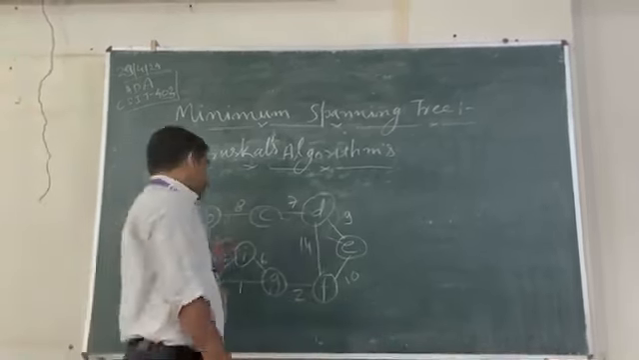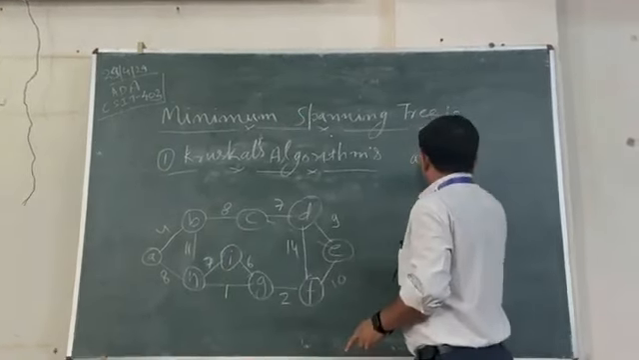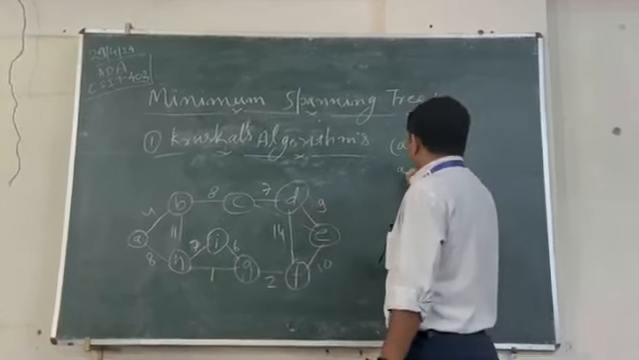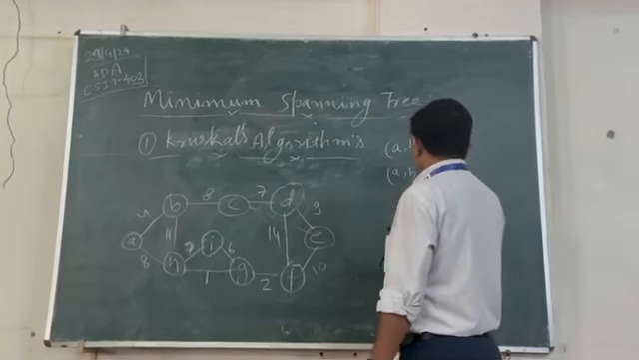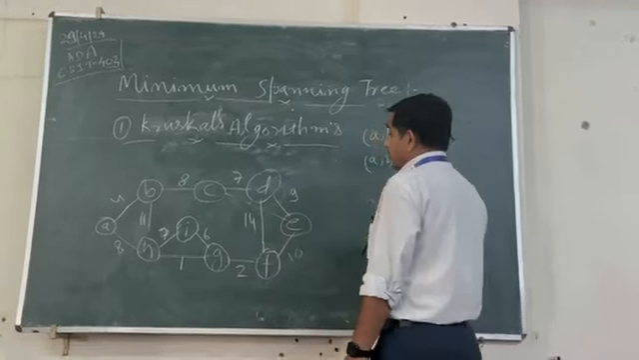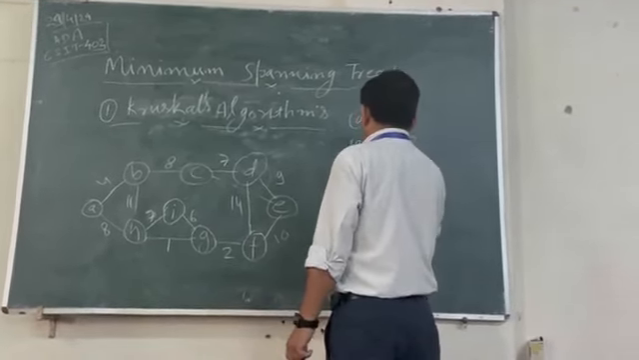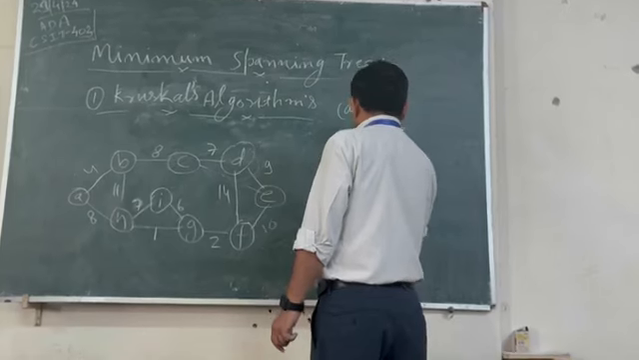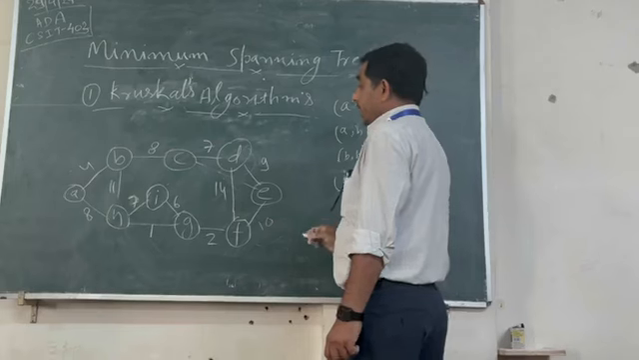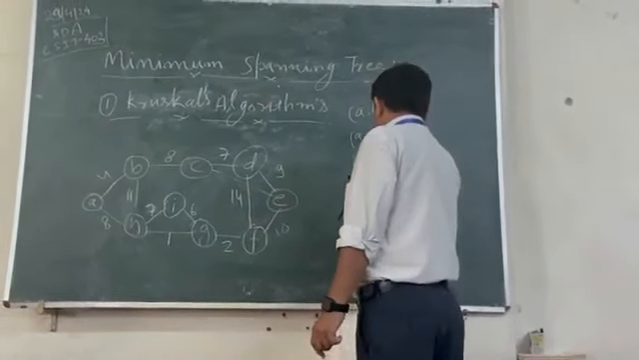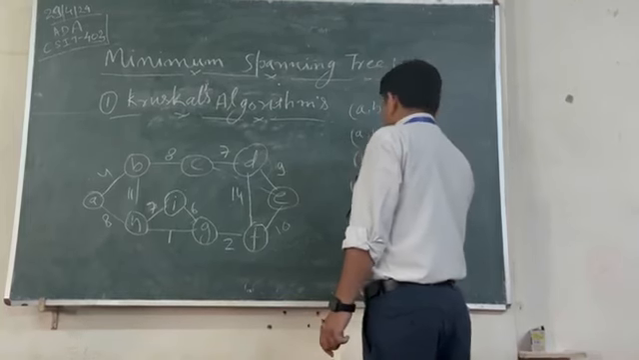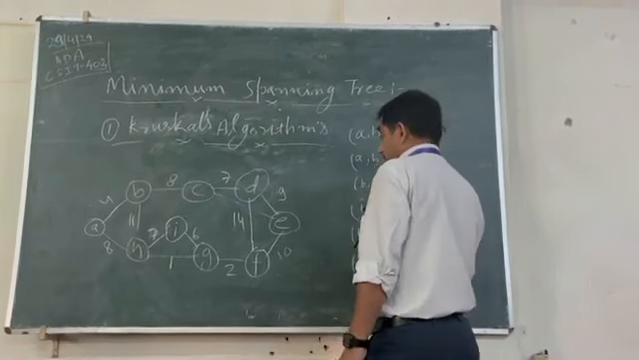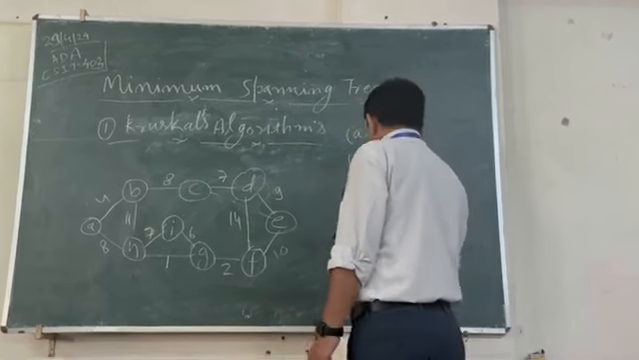The first one is A to B, the weight is 4, and from A to H, the weight is 8, and from B to H, the weight is 11, and from B to C, the weight is 8, and from H to I, the weight is 7, and from H to G, the weight is 1, and from I to G,